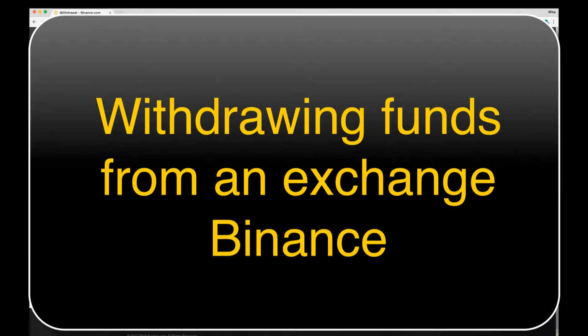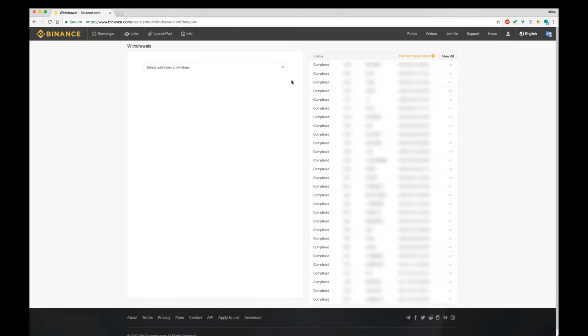Okay, let's take a quick look at getting your cryptocurrency off of an exchange. We're going to use Binance as an example, and in this case, onto a hardware wallet. So we're taking funds off of Binance. Now, just like you would if you wanted to take funds out of your stock market account, your trading account,